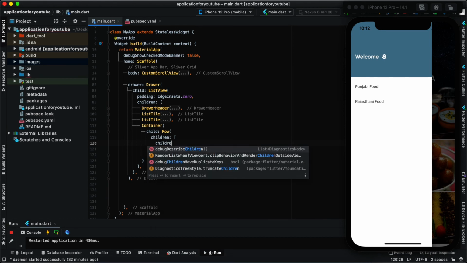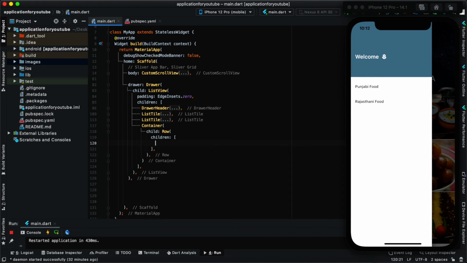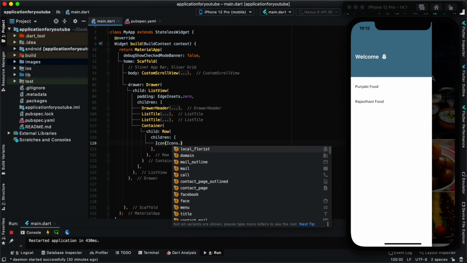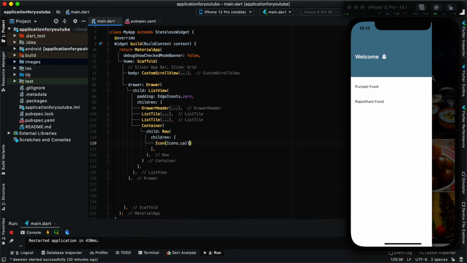Now let's take one icon, Icons dot, let's say call icon. And I'll just keep on copy pasting this thing.